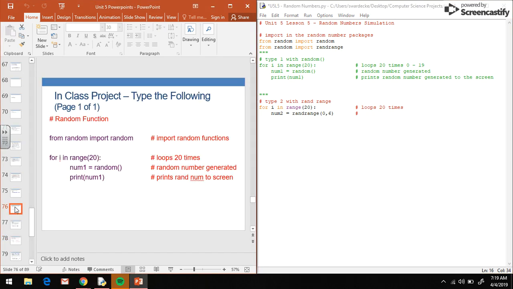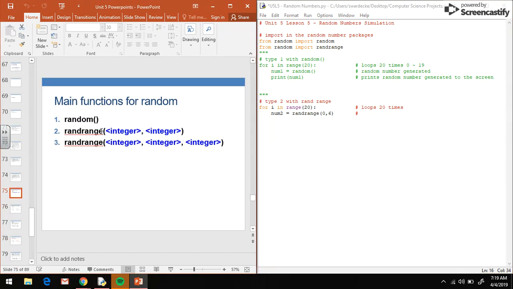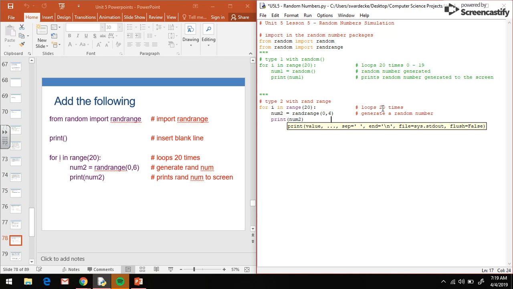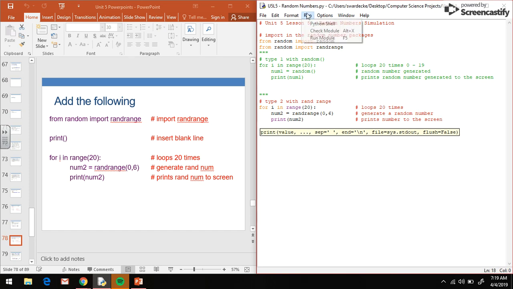If we go back, you can see that the first version takes in 2 numbers. We're going to see what these 2 numbers tell the program to do. So here, we're going to generate a random number, and then here we're going to print that random number to the screen. If we run this,